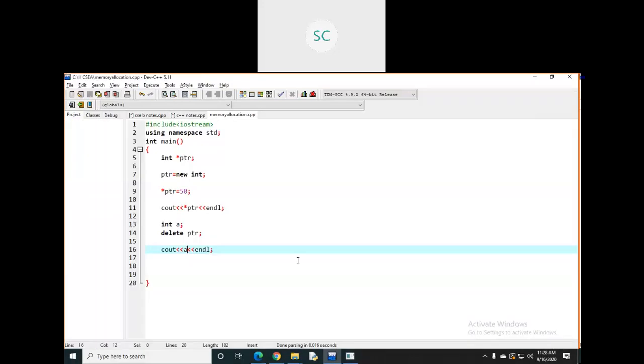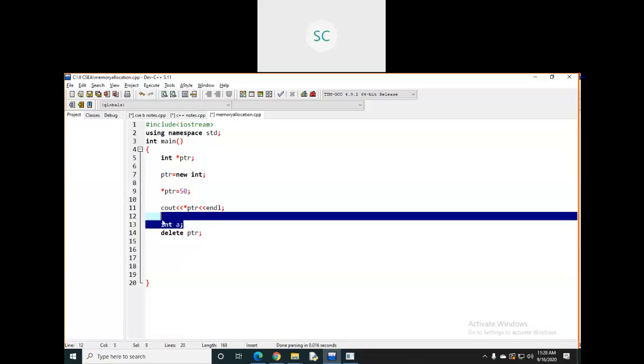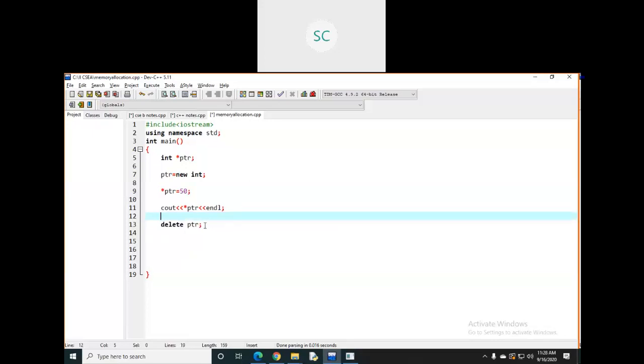Just remember blindly, if you are deleting that memory and you want to print that variable, it will give some random number. But if you compile it once again, it will give one more number. Randomly it will give. In this way, you can delete the memory you have allocated at runtime by using this delete operator.